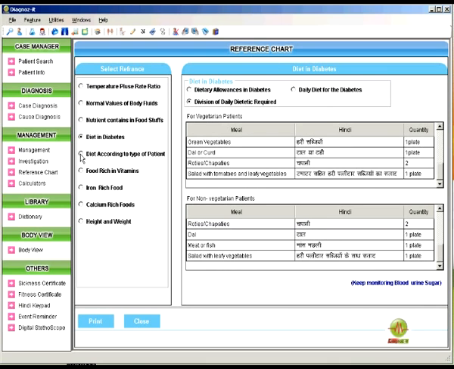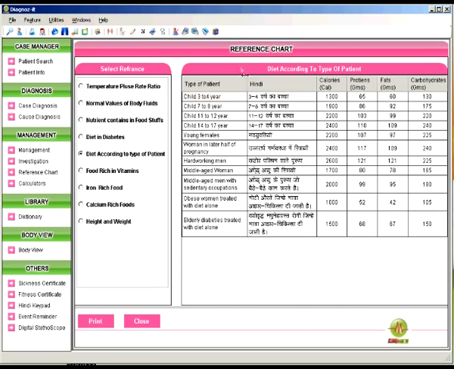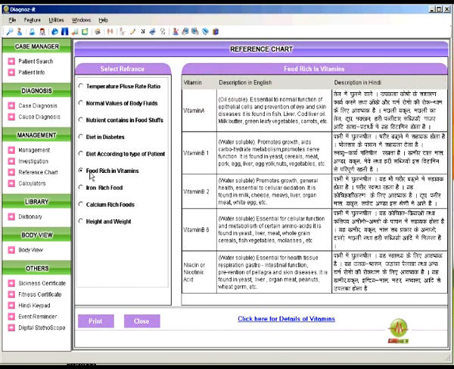Now, diet according to the type of the patient, and the calorie requirement, the protein requirement, the fat requirement and the carbohydrate requirement have been listed here. In this food rich in vitamins, you can see that the vitamin name and the description have been given here. And if you click for more details,